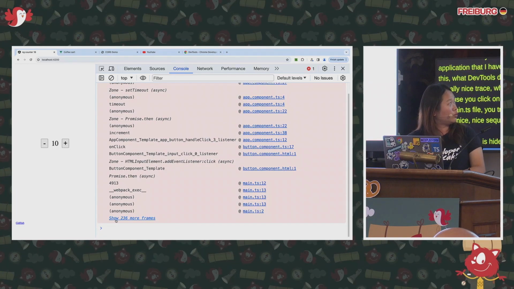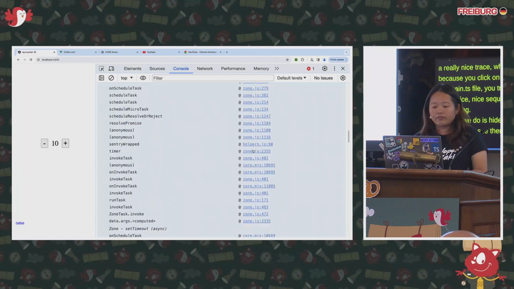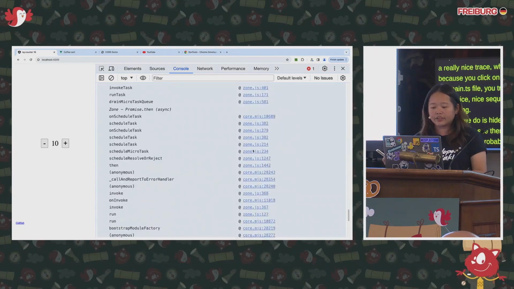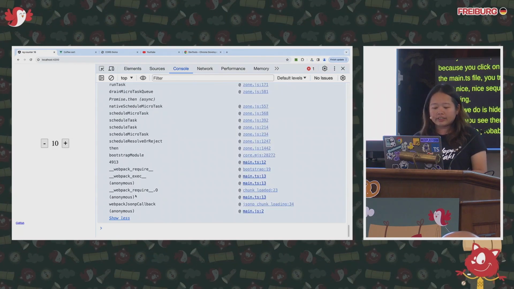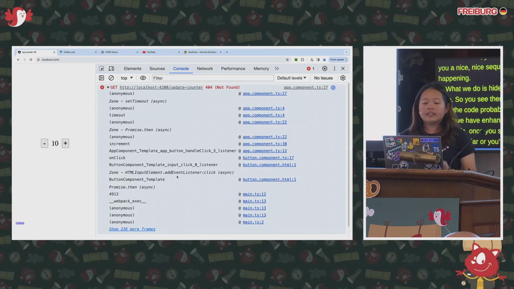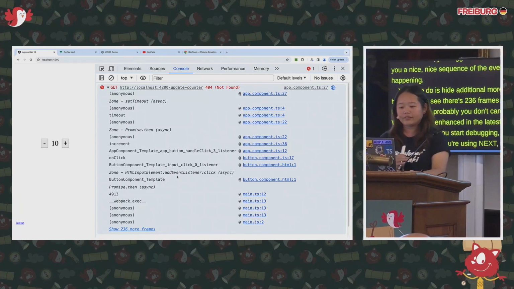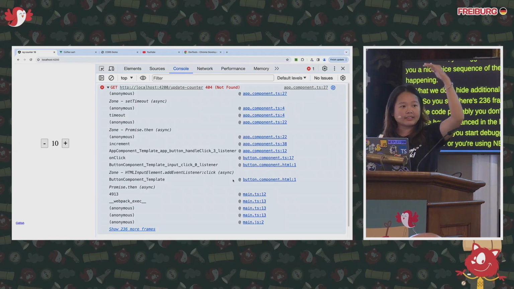You see that there are 236 frames that we hide, code you probably don't care about, like zone.js and instrument.js. What we have enhanced in the latest version of DevTools is that once you start debugging, if you are using Angular or Nuxt, we will hide the files from node modules by default. That's why you get this nice stack trace.